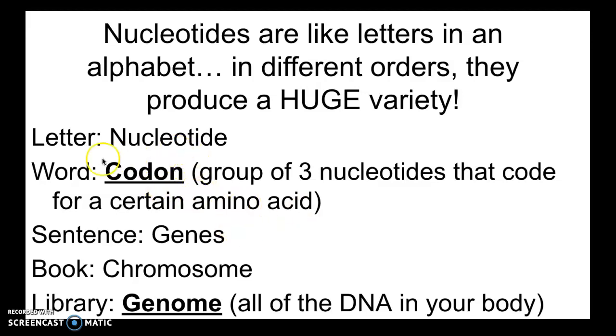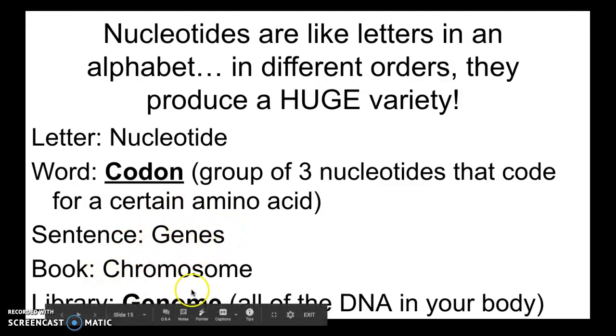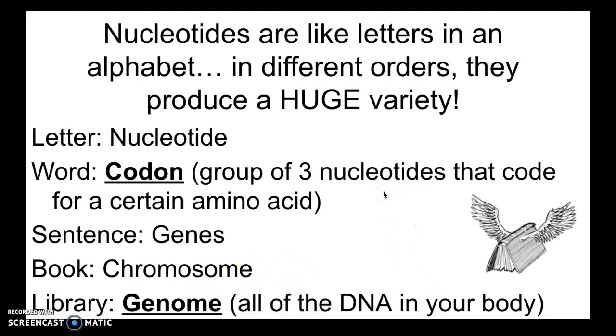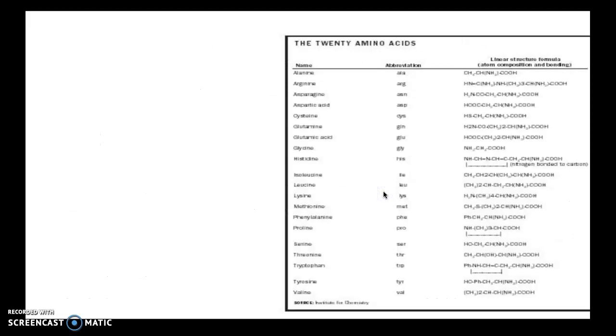When you put a bunch of codons together, they become genes. A bunch of genes in one area become chromosomes. And when you put all of the chromosomes in a body, that becomes a genome. Okay? So I know this might sound a little confusing, but